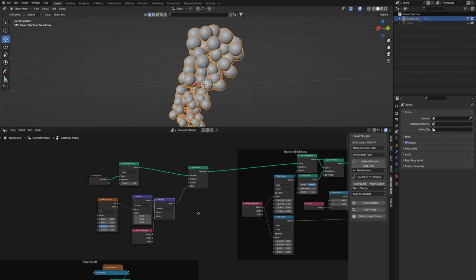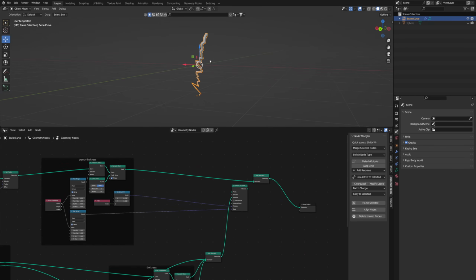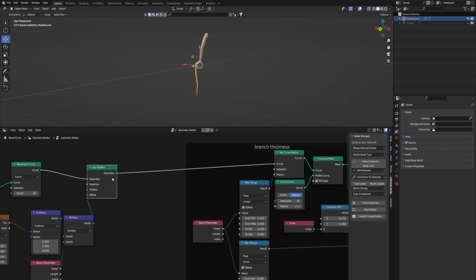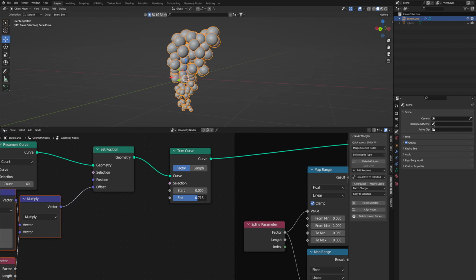It'll give the curve a bit of noise, let me just turn this off for now. And then if we add a trim curve right after that and play with the end value, you can see it starts to grow on that. So now if everything's together and you try to edit with this trim curve, you can see it goes down and it grows, but the grapes also kind of disappear. Now you can keep this if you want it like this, but it's not really realistic.